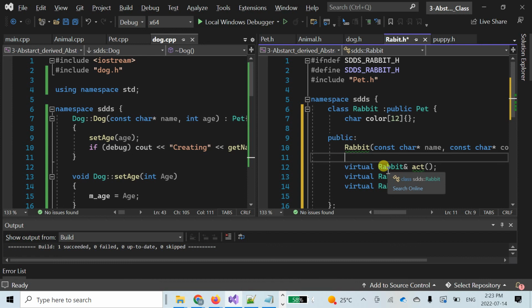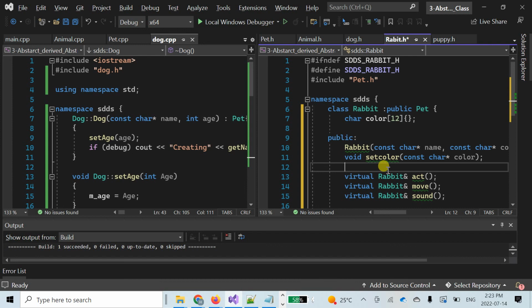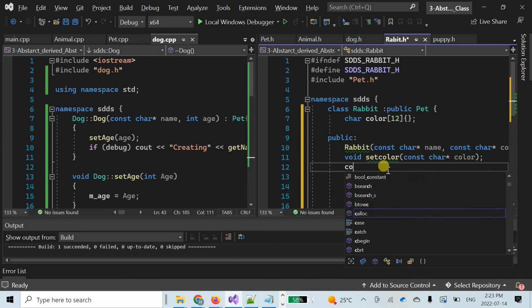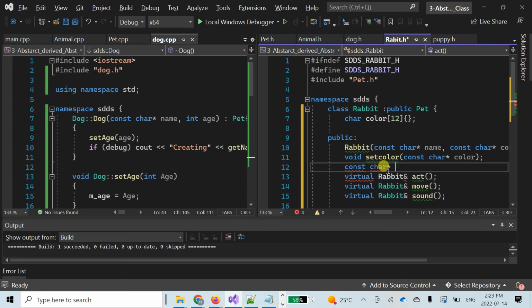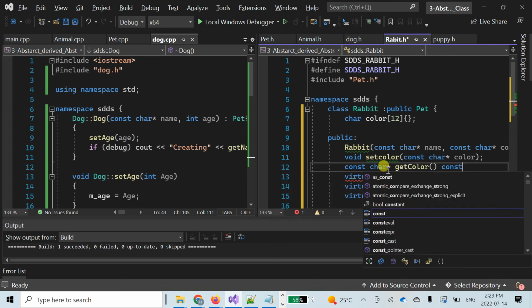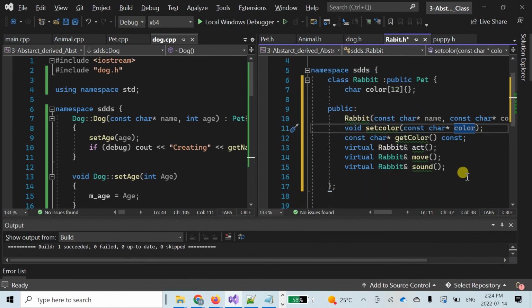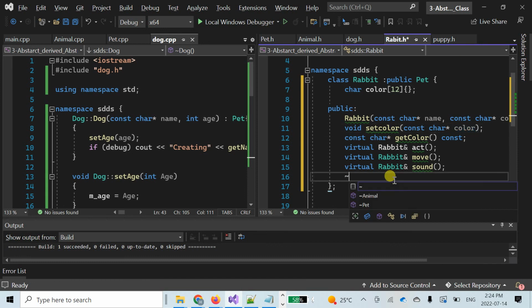And here we can have a setter for setting the color, set color, constant character pointer color, and a query for asking for the color, constant character pointer get color const, and that's this, and obviously a destructor,